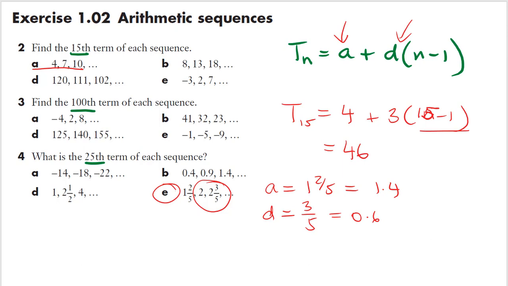We want to know the 25th term. So term 25 is equal to the first term plus the difference times 25 minus 1, and you could just chuck that into your calculator and work out what the answer is. Now, the question's given to you as fractions. If you get a decimal out of this and write the decimal answer, that's a valid answer. You could change it back to a fraction if you wanted to,